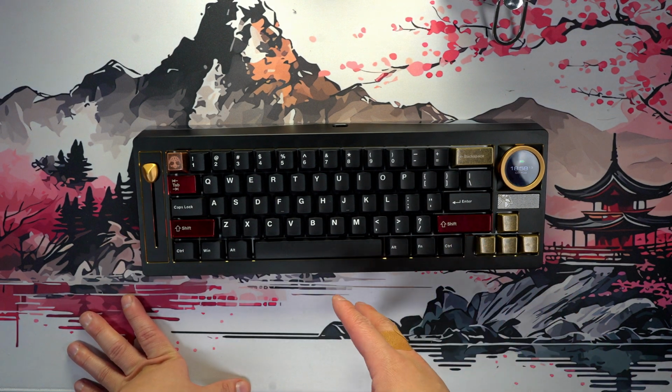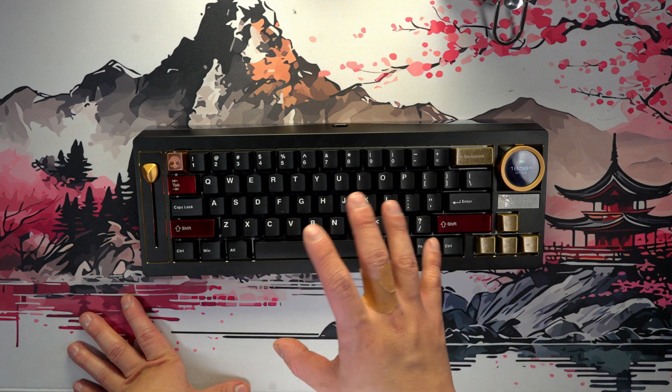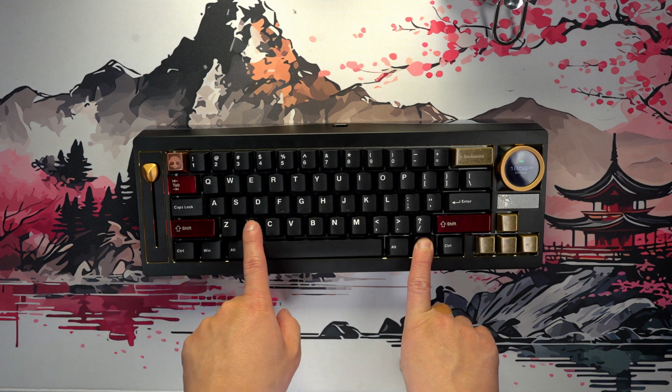Now, the knob itself, it's a bit iffy. In general, I have to admit, this build is really, really nice. Can I justify $450? I don't know, but